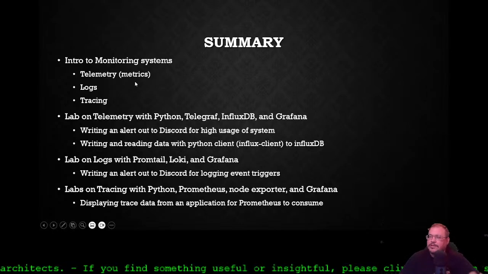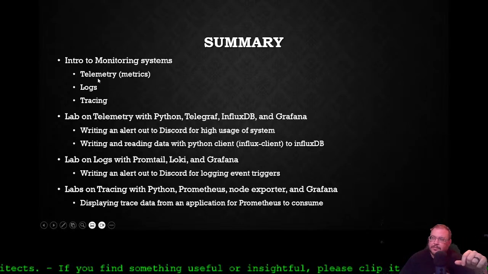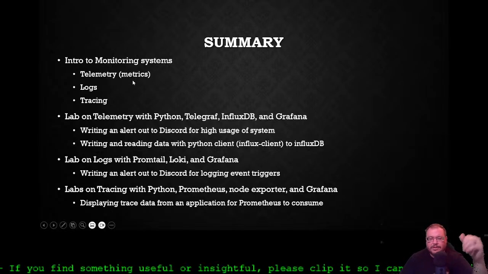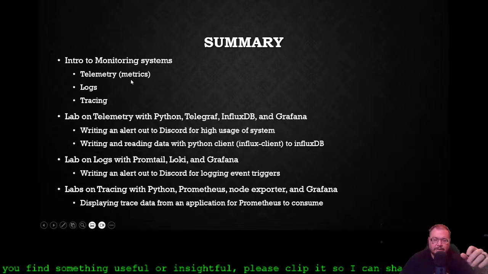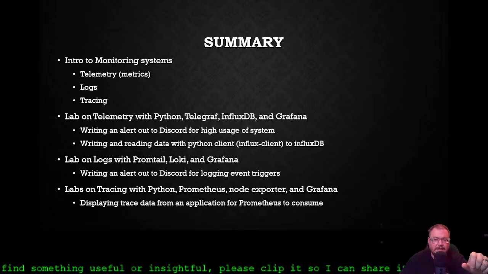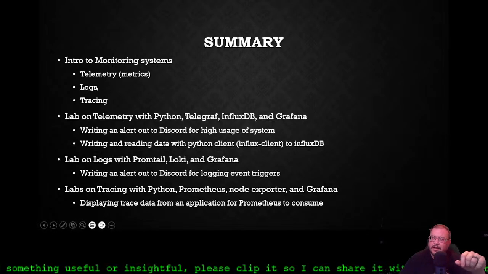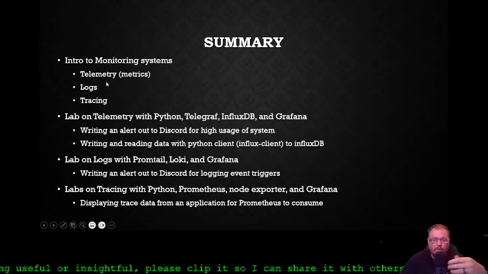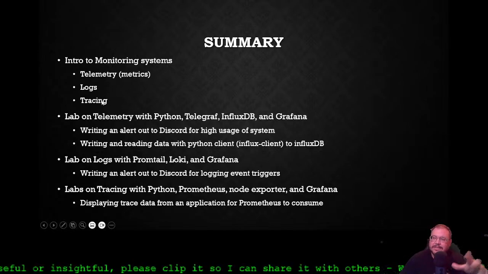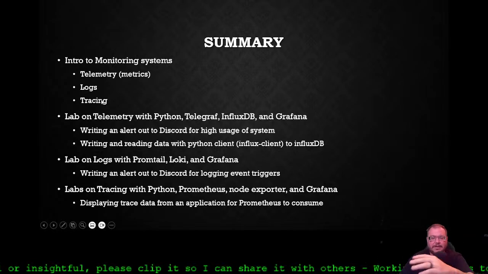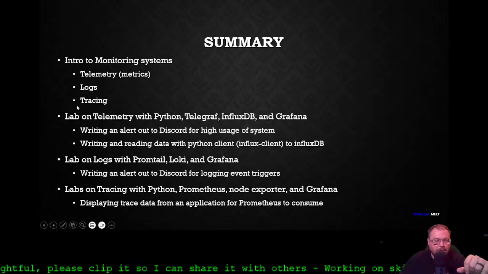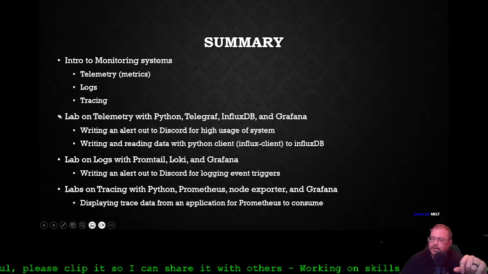And then our summary is, like, we talked about how we monitor systems, right? We do telemetry, which are metrics that are single data points of typically discrete, not quite integer data, but discrete data. Then we have logs. Logs are immutable events that are happening in the system that we want to throw off somewhere. And then tracing tends to be how the data is flowing through the system. But again, in this lab, we didn't really do as much of that, right? Kind of went a little easy on that.